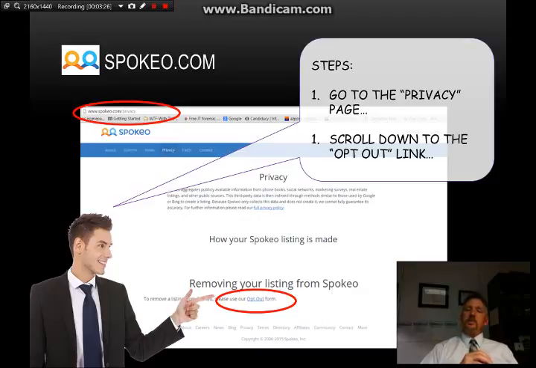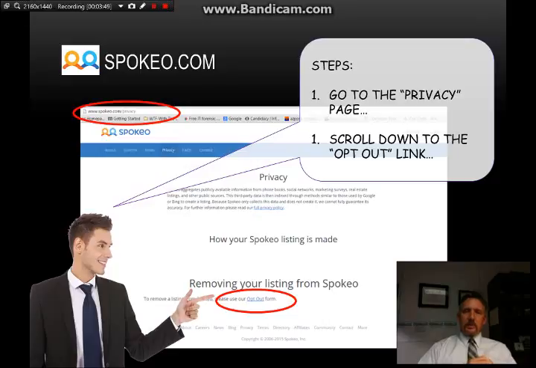That privacy link will take you to a page that looks similar to this one that's displayed. Now the privacy page has all of their terms and agreements and their policy, and you may have to scroll way down through it in order to find the link that we're looking for. That link is the opt-out link, and it is displayed here.